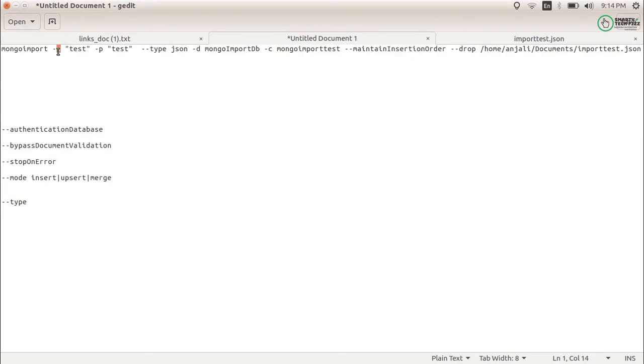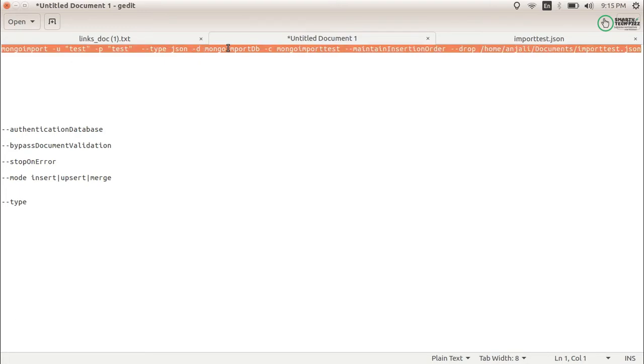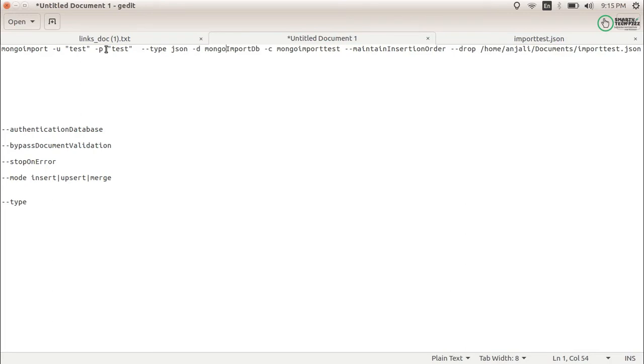This means the username, which I have created in this database only. If you have created the user in another database and have access to this DB, I will explain how to do that too. Now this is the password, and this is the type, JSON. By default it is JSON type.